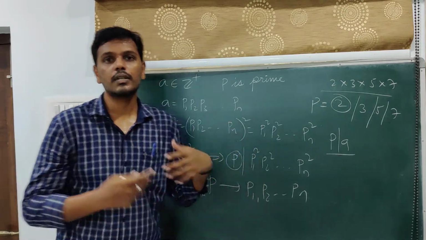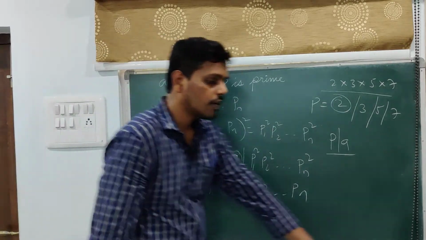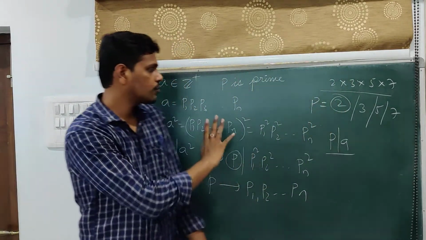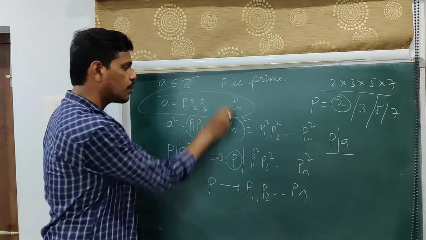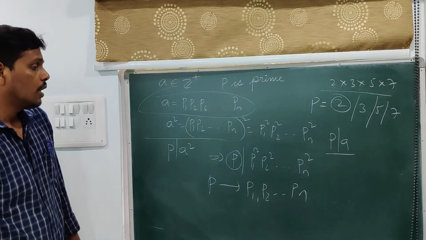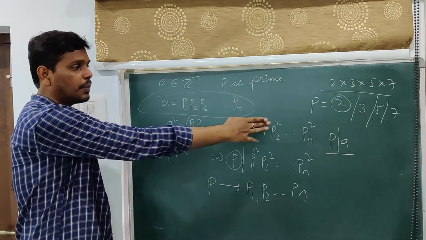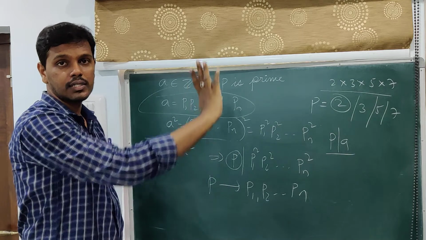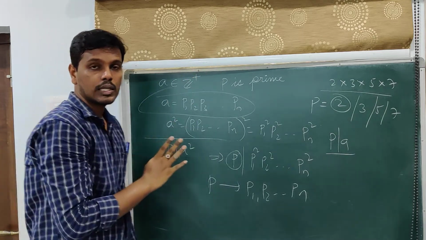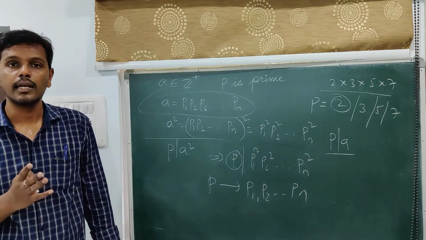Now using this, we try to prove irrationality. Now this concludes all the applications of the fundamental theorem of arithmetic. Here I have used the fundamental theorem of arithmetic at this place, and here also at this place, and also the uniqueness part of it, in order to prove that P divides A whenever P divides A square. Now taking this into consideration, given some numbers, I try to prove that they are irrational.